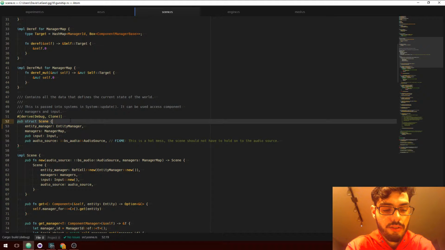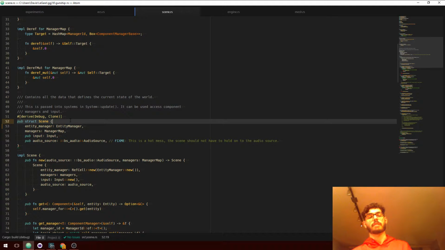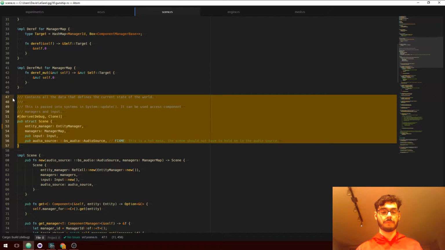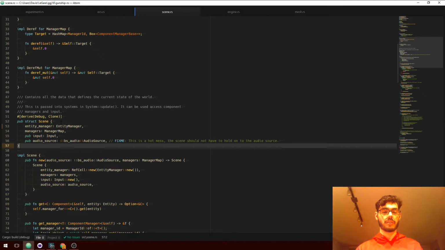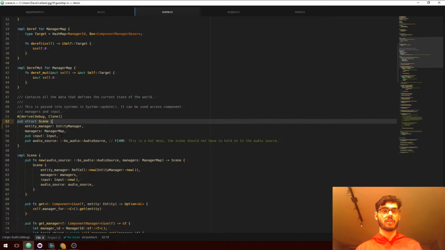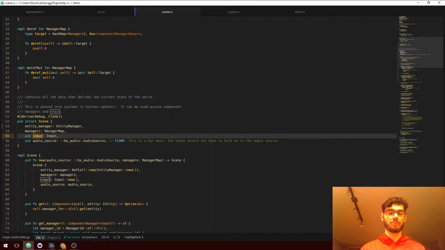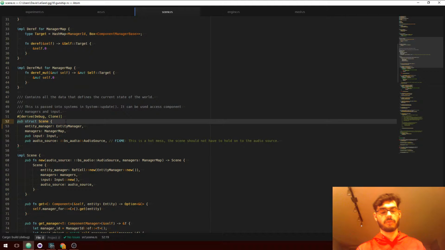Each of those things is potentially safe to access independently in parallel. So if I synchronize access to the entire scene, that's not necessarily ideal, because an access to the entity manager and access to input can't happen in parallel. And there's no real logical reason why that shouldn't be able to happen.